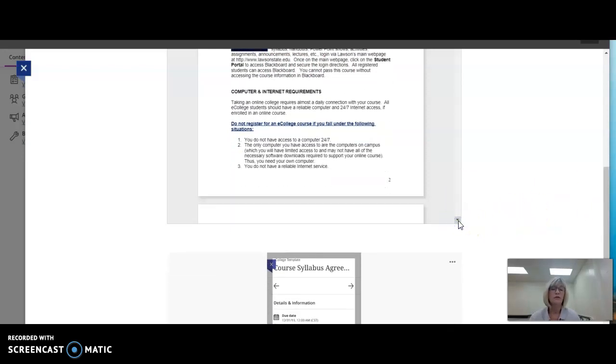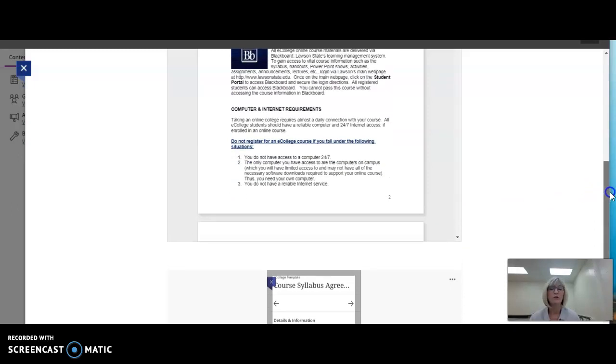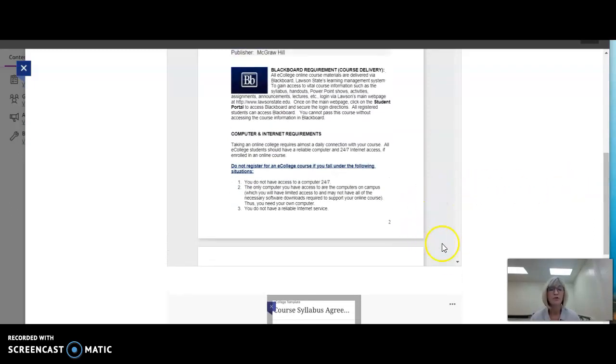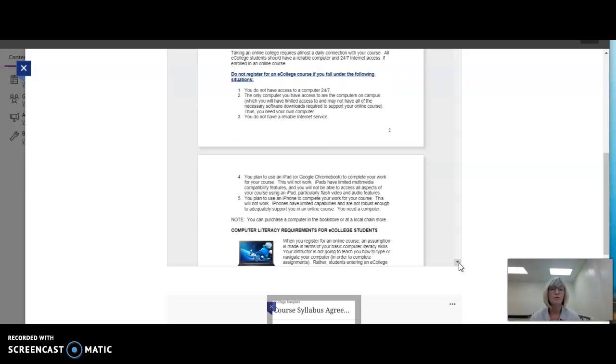And then just, the things for an internet course, that you have to have reliable internet. You have to have a personal computer that you have administrative capacity over. So a work computer will not allow all the things that you need for the proctoring. Google Chromebooks don't work. You can use iPads, regular PCs, MacBooks, but Chromebooks have limited capacity. iPhones will get you a few things, but they won't get you through everything.